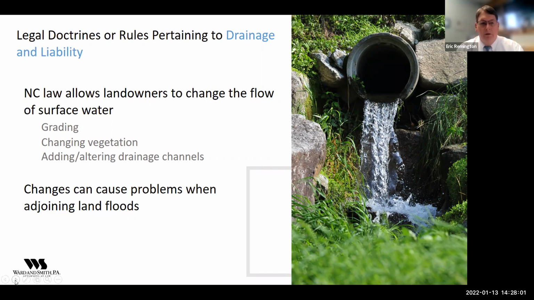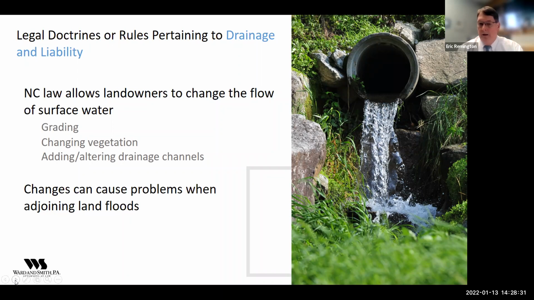What I'm going to talk to you a little bit about are the legal doctrines and rules that pertain to liability that results from those changes that are made to the surface water flow and drainage issues that may come up. As you all know, and as Amy has talked about, North Carolina and every other state in the United States allows landowners to basically change the flow of the surface water in their community.